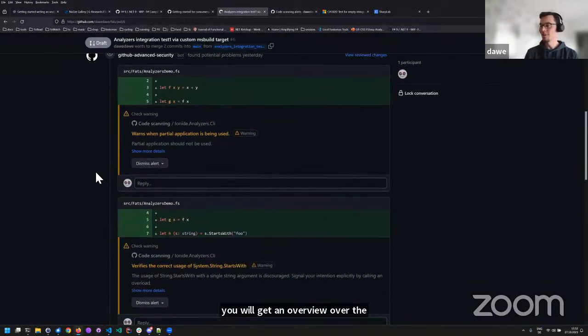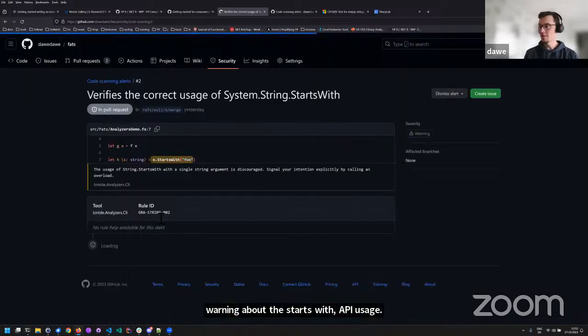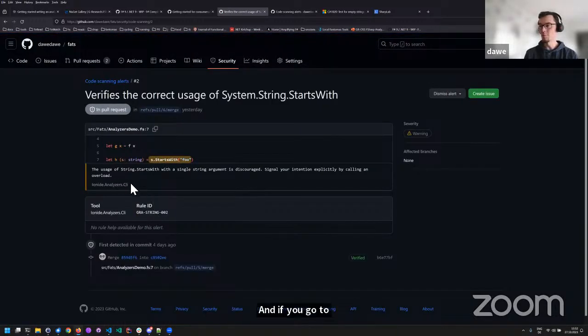And in the PR itself, you can also directly see the warnings. For example, here, as we explained, there's a warning about the StartsWith API usage. And if you go to details, you will get more information about the